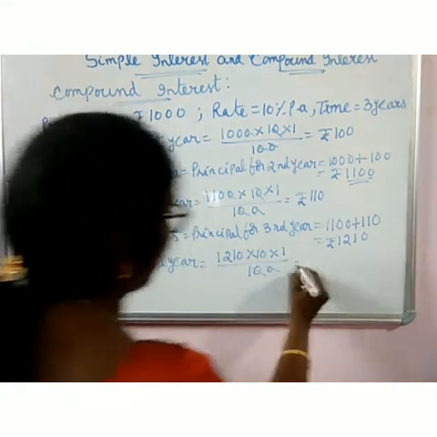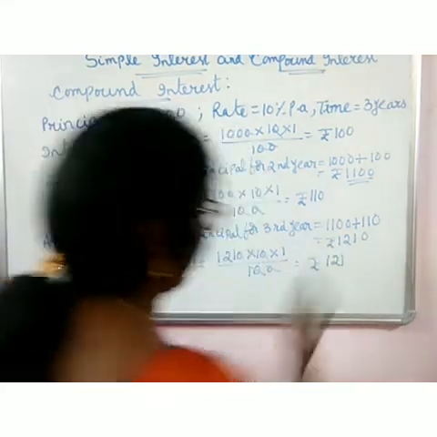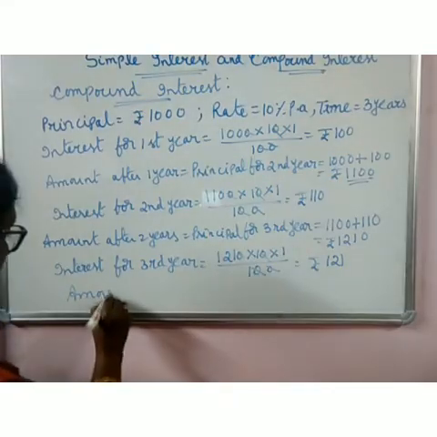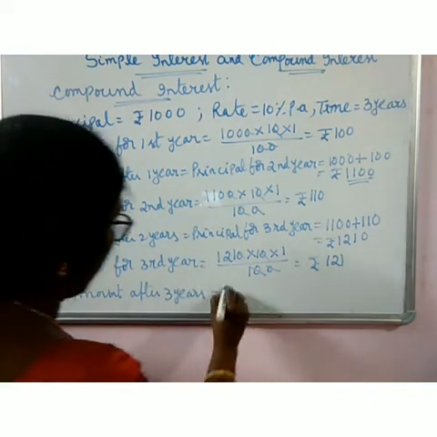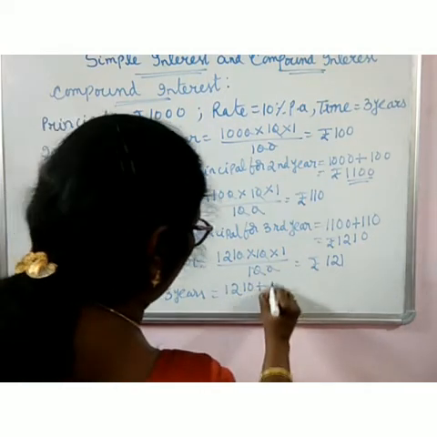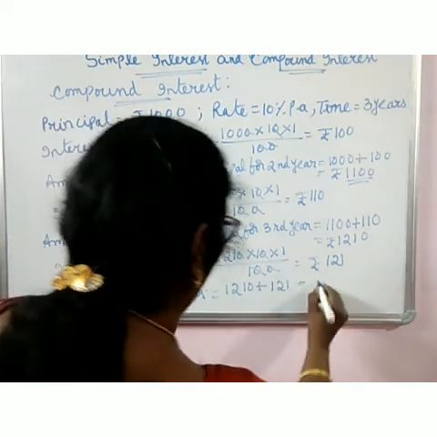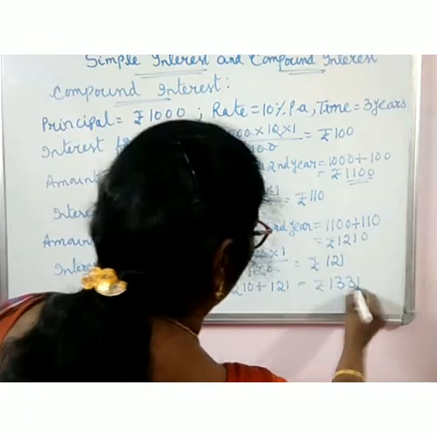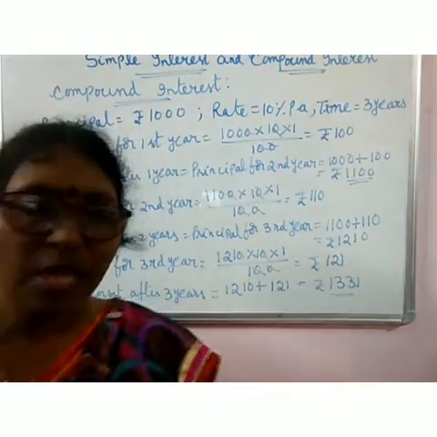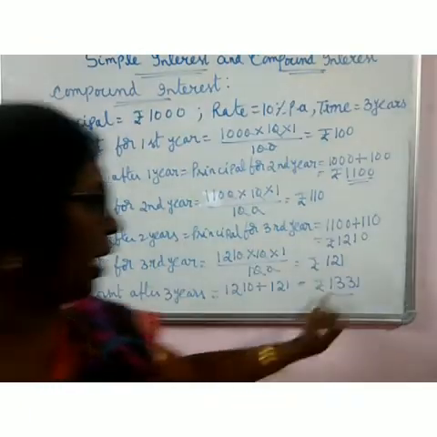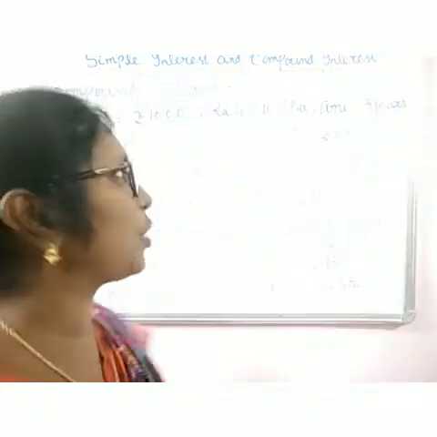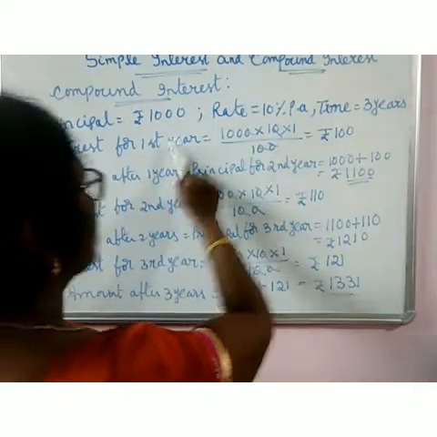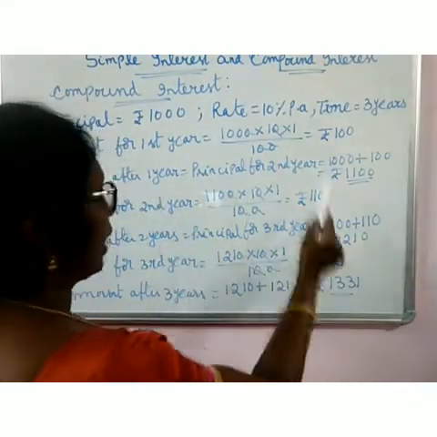0 cancel, 0 cancel. 121 rupees is the interest for the third year. So amount after 3 years is 1210 plus 121. You are going to get 1331 rupees. So amount after 3 years is 1331 rupees. My dear children, you might have observed here, first year interest is 100 rupees, second year interest is